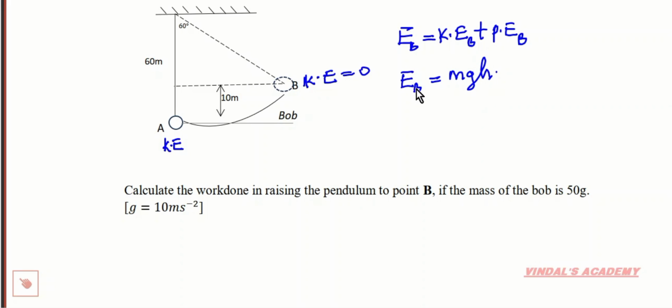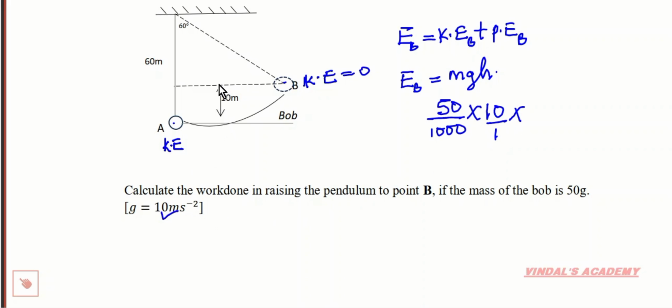And that is going to be the energy or the work done in moving this body from this point to this point. So I'm going to say mass is given there as 50 grams. I'll divide it by 1000 by converting it to 0.05 kg, multiplied by g, which is given as 10. It's already given as 10 over 1, times